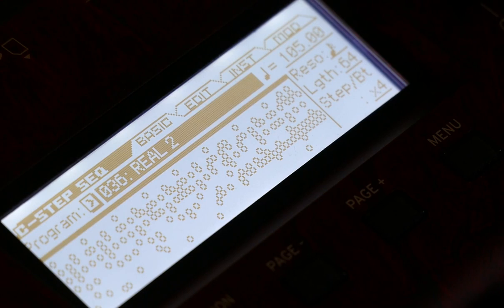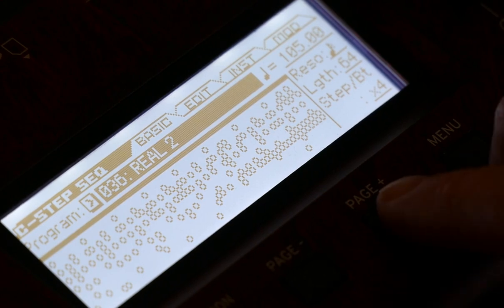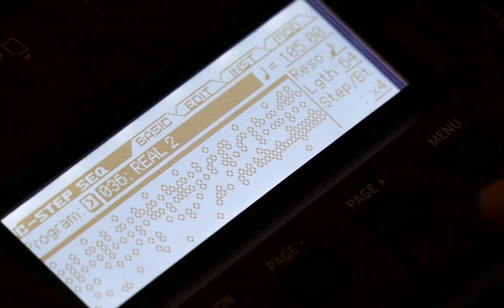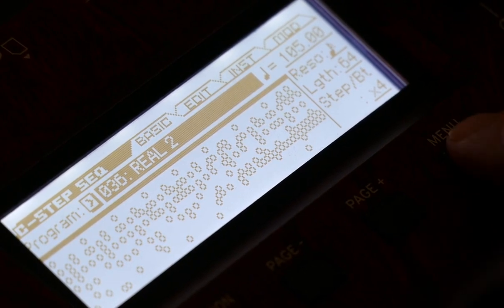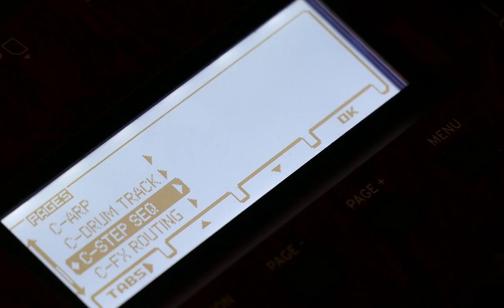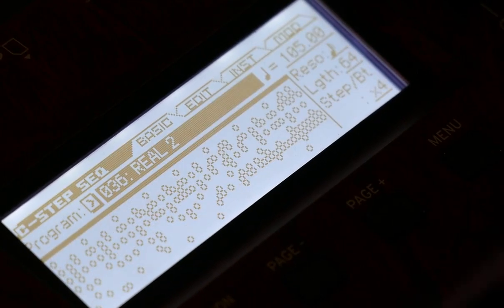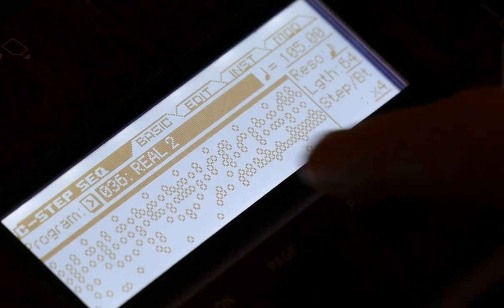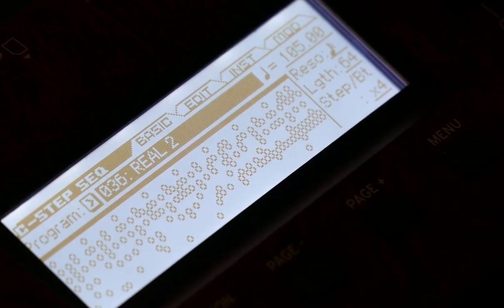The first thing that we'll see is we have 4 ingredients. I use the Combi mode. If you go to the Combi mode, you will see here step sequencer. Enter, and there you are. This is the first thing you see. The first thing you see here is that I use the